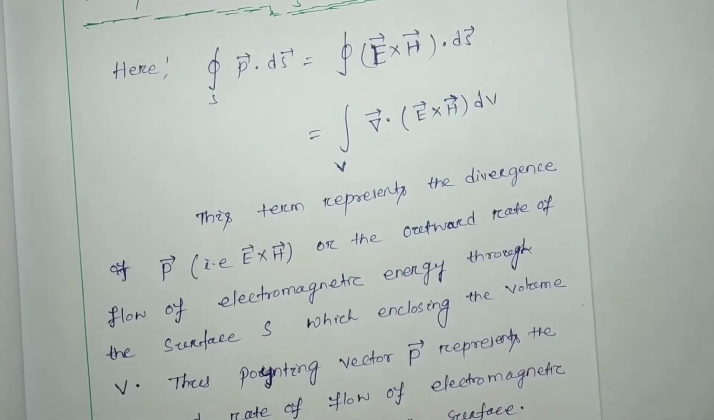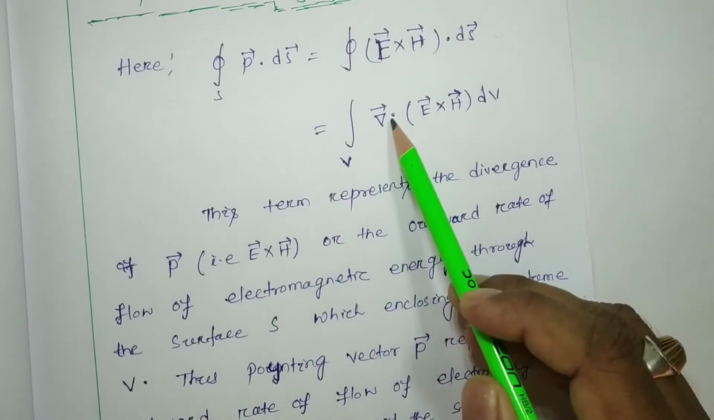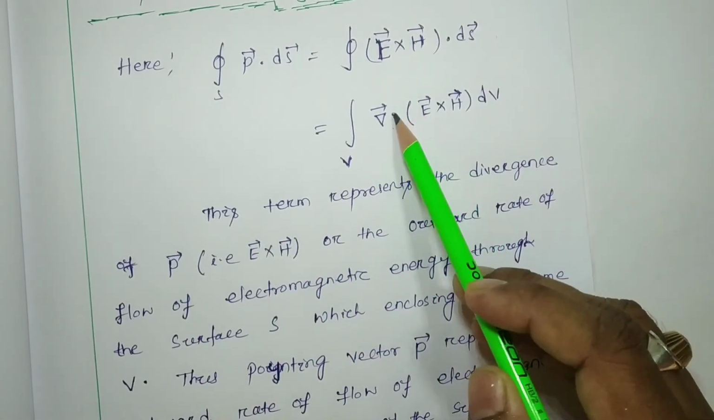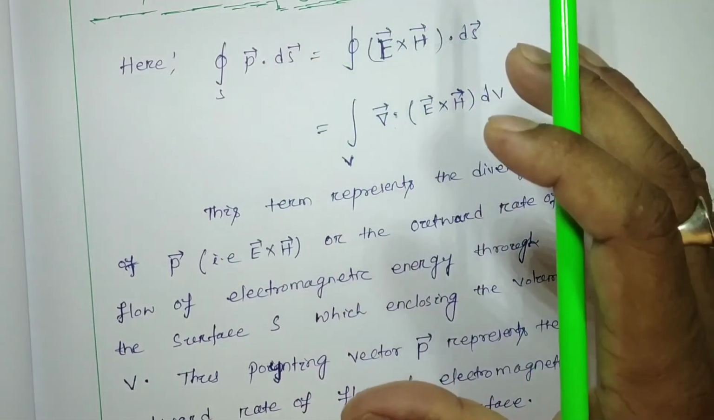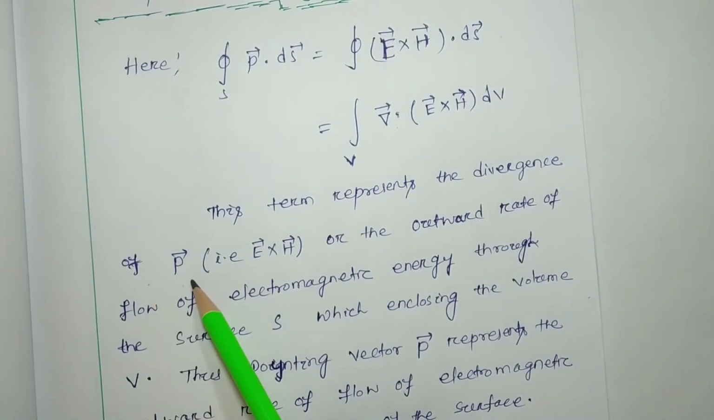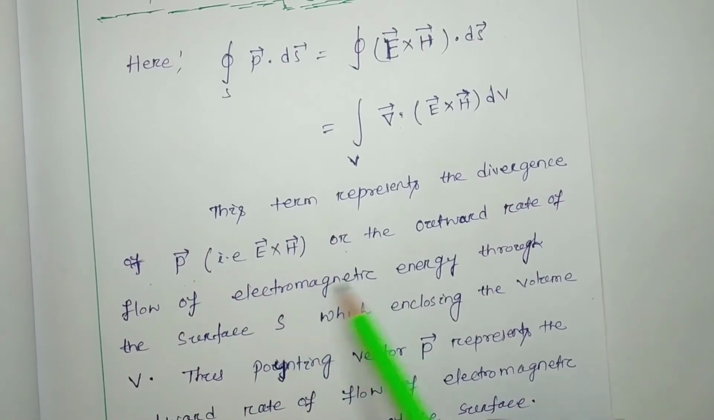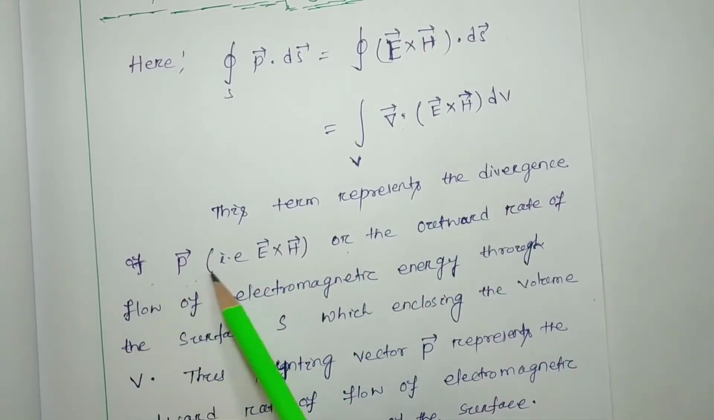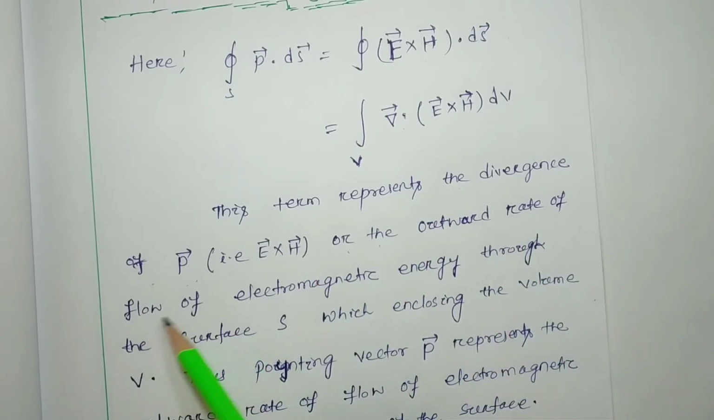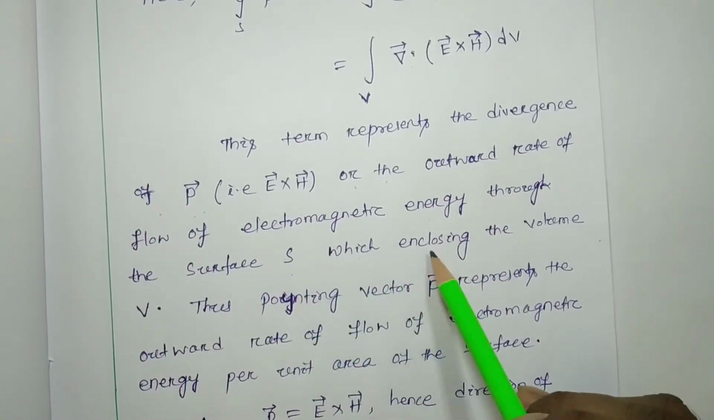We have been written also. This term represents the divergence. Here, divergence means outward flow. We know that the divergence of P, or Poynting vector, or electromagnetic energy, is also written here. The divergence of P is the outward rate of flow of electromagnetic energy through the surface S which encloses the volume